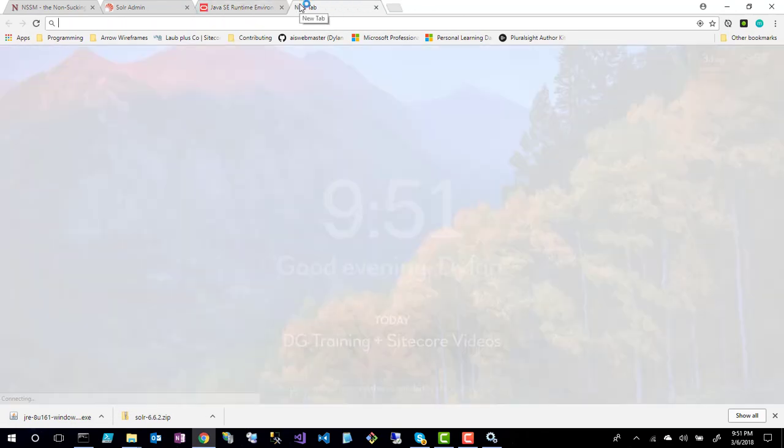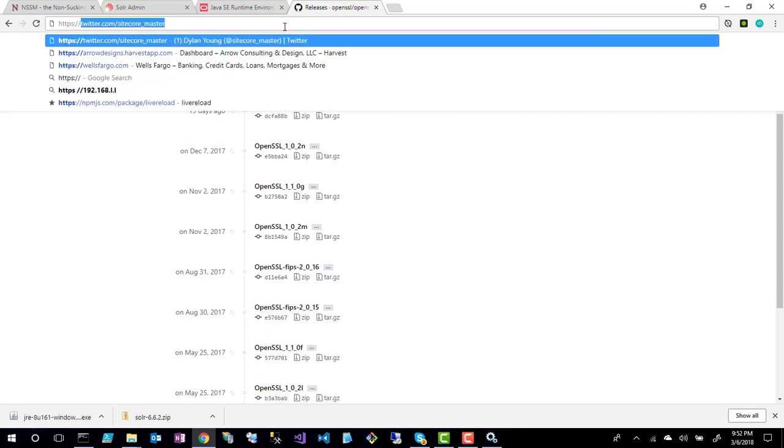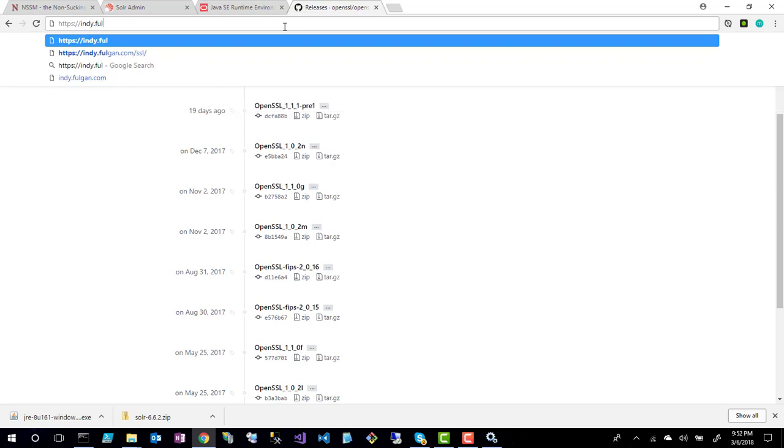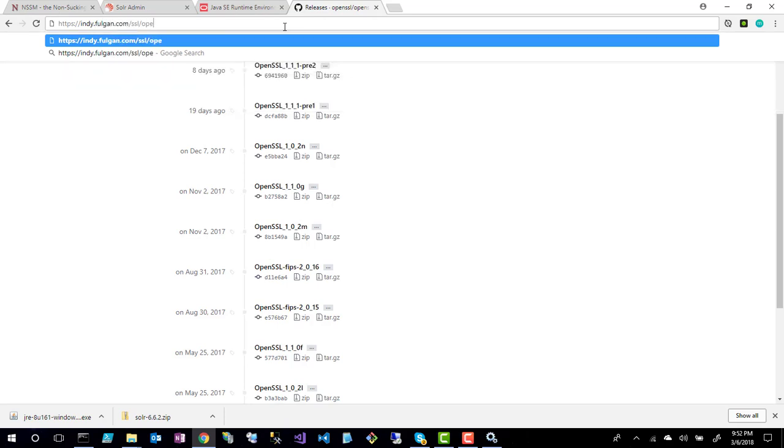So you can go out to the web. How about this? Let's go to this URL. It's actually in the notes that I have for this. We need a Win32/Win64 OpenSSL 0.9.8r x64 x86 Win64 revision